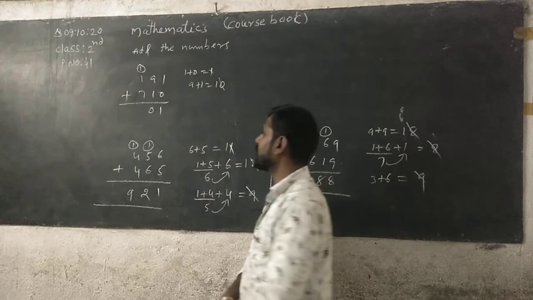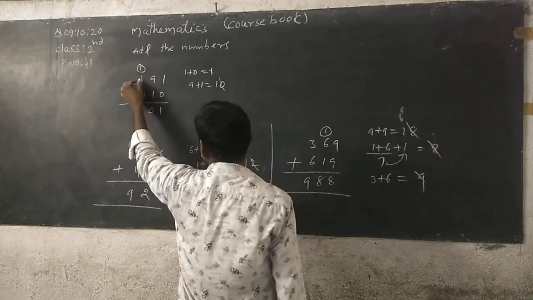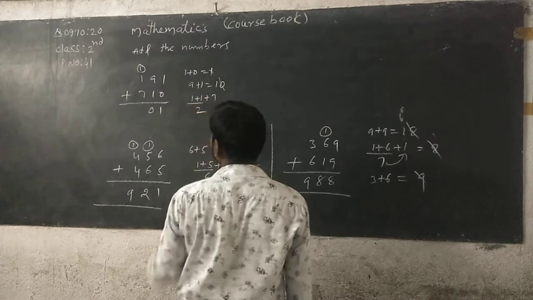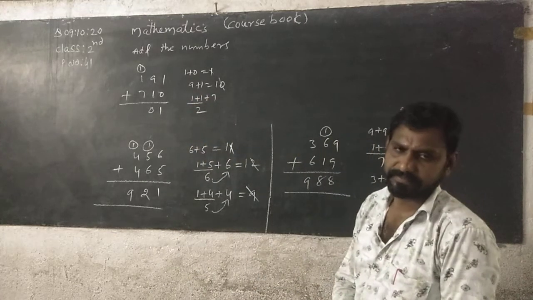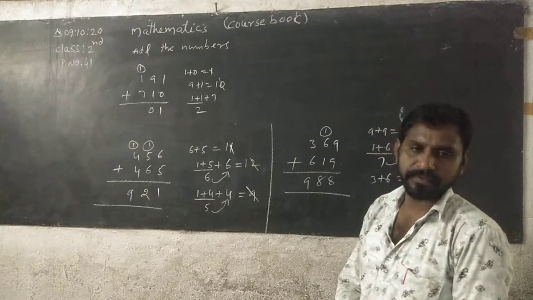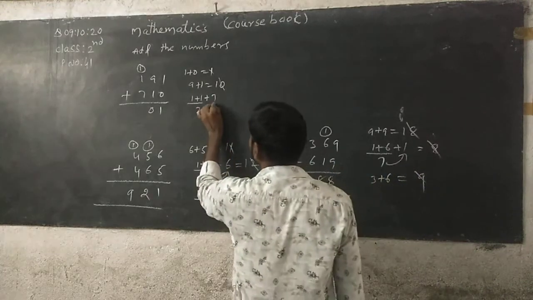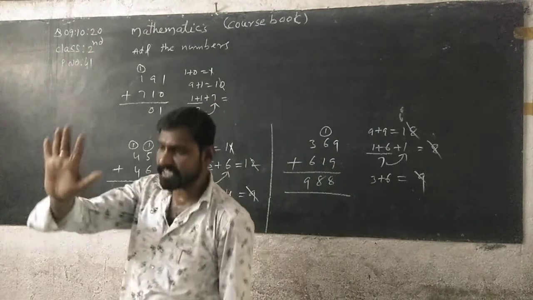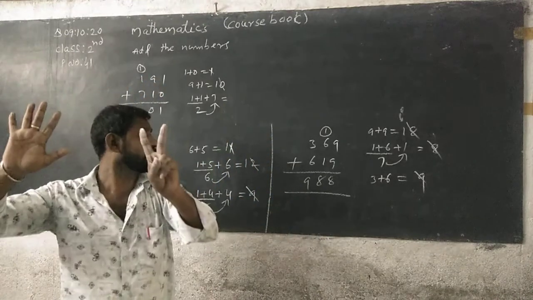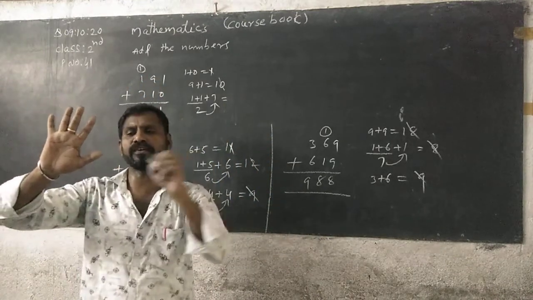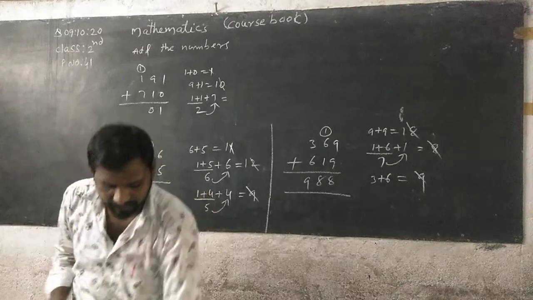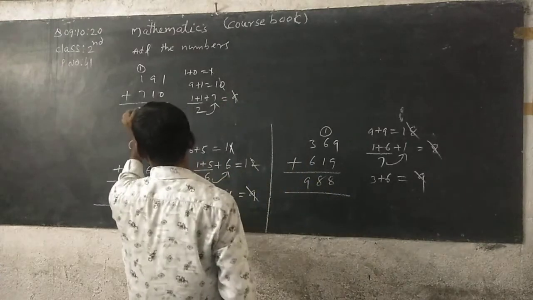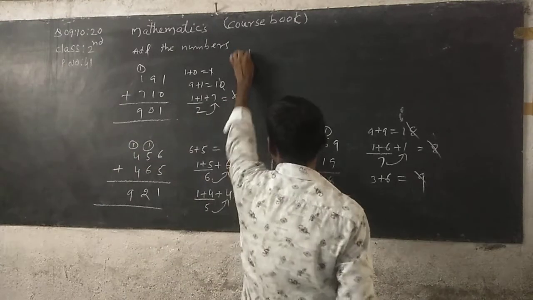See here, next we add the digits in hundreds place, that is 1 plus 1 plus 7. 1 plus 1, what, beta? We get 2. Next 2 is added to 7. Very easy. Keep 2 in your mind and you have to take 7 fingers in your hand. 5 fingers plus 2 fingers, 7 fingers. You can count 2, after that 3, 4, 5, 6, 7, 8, 9. What we get, beta? 9. So write down 9 under hundreds column. What is the sum? Sum is equal to 901.